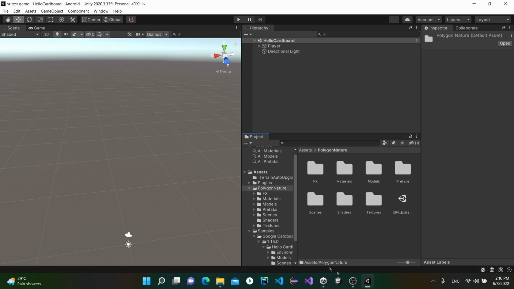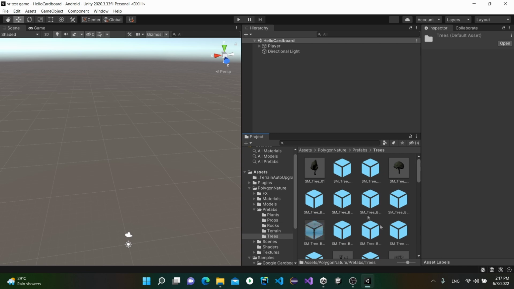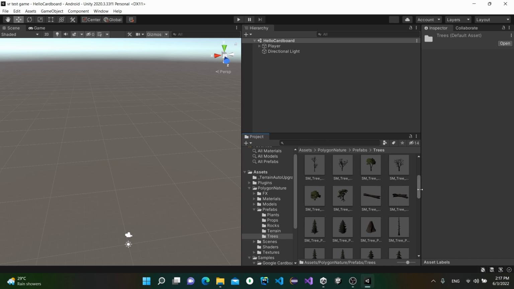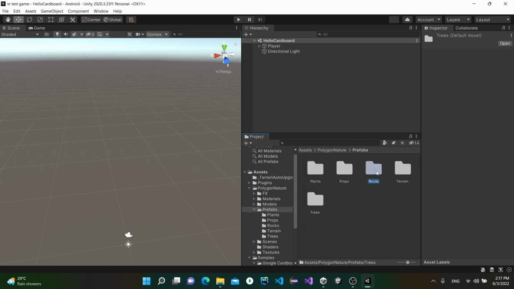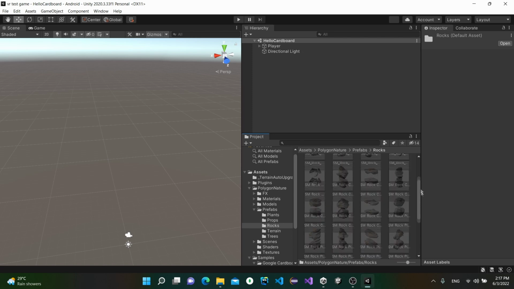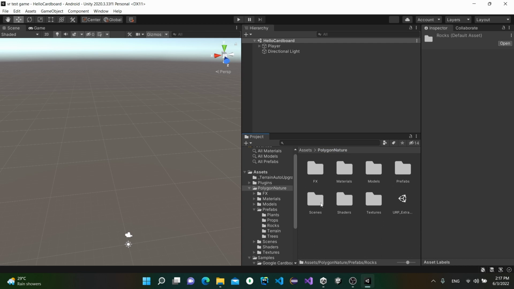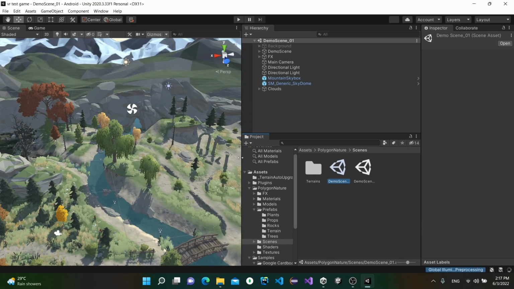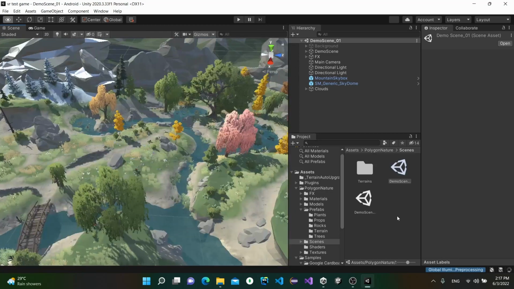Go inside it and you can see it provides a lot of materials, a lot of prefabs, plants, props, rocks, terrains and trees. You can see different kinds of beautiful trees and a bunch of trunks and rocks, rocks of different shapes. Then go to the scene folder and you can see a couple of scenes in this folder. I open this demo scene and you can see the beautiful low poly environment they provide for us,